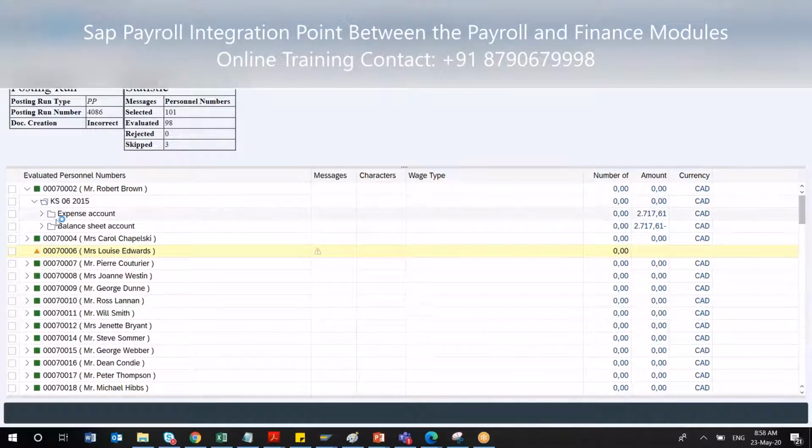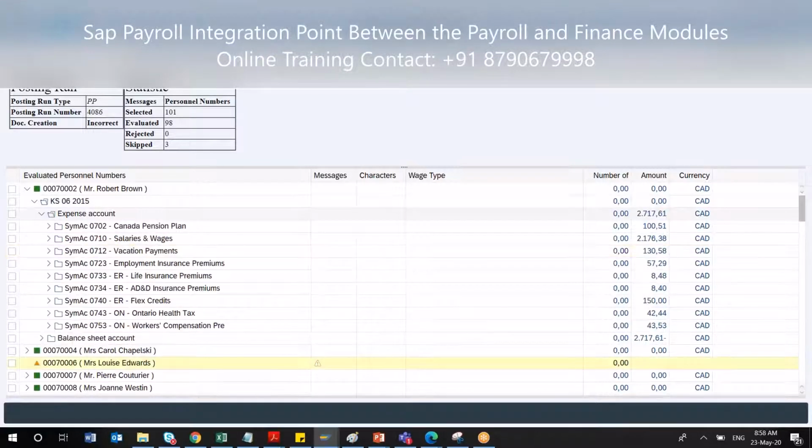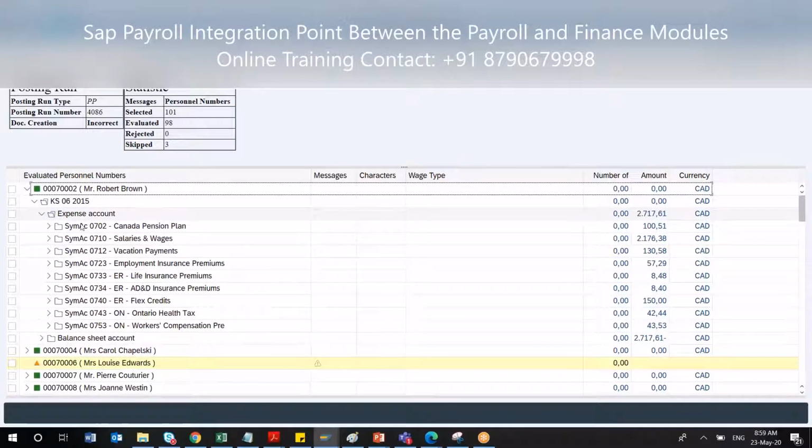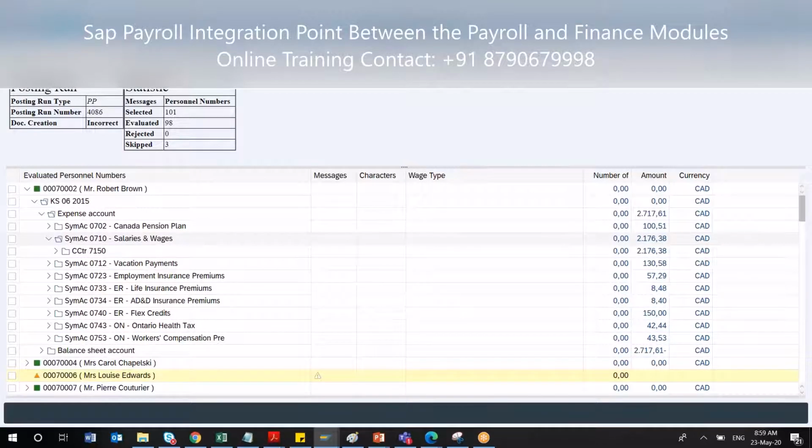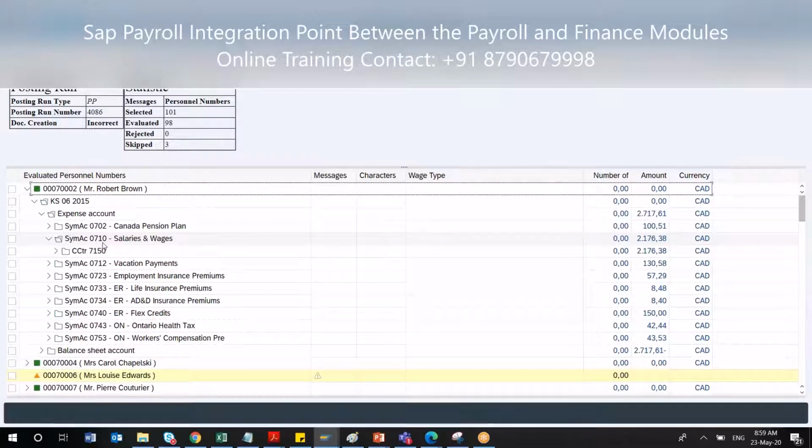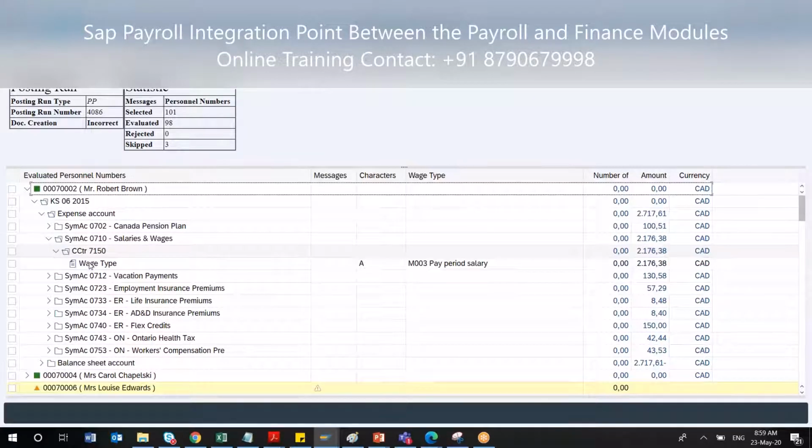One is your expense account, meaning the salary. For the expense account, these are the different symbolic accounts inside it. I'll explain one by one. For salary and wages, we're focusing on that. This salary and wages symbolic account is 0710, and it is connected to a particular cost center. Depending upon the wage type it is connected to, the wage type is M003.